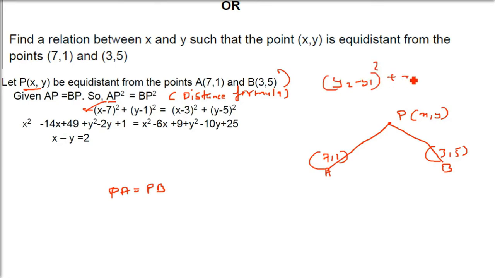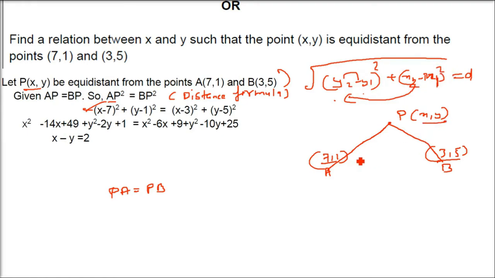So y2 minus y1 whole square plus x2 minus x1 whole square, under root. This is the distance formula. You can also write y1 minus y2 whole square plus x1 minus x2 whole square. It doesn't matter. You can also bring x1 minus x2 first and then y1 minus y2 whole square, it is still true because a negative sign, if it comes in a square, will be positive. So you don't have to learn it in only one form. You just remember you have to subtract the x coordinate, subtract the y coordinate, square them, add them and then take the under root. This is the basic thing.